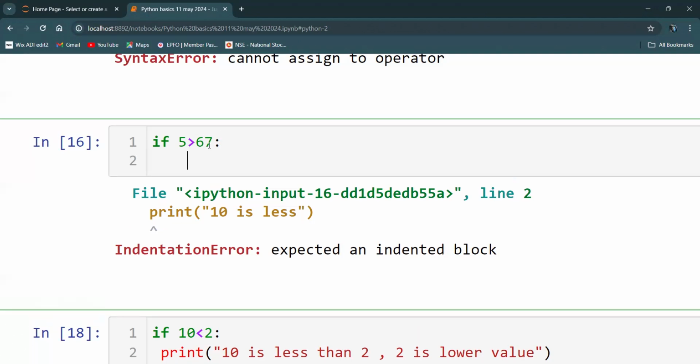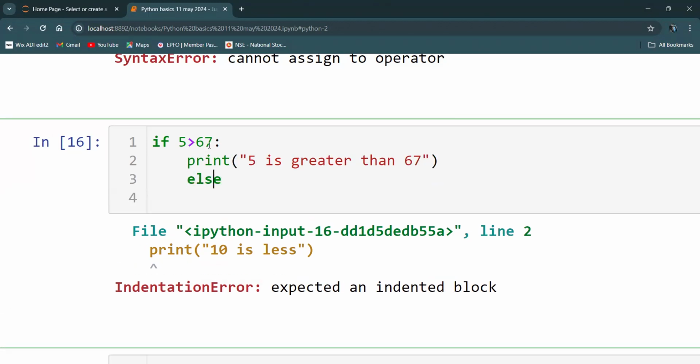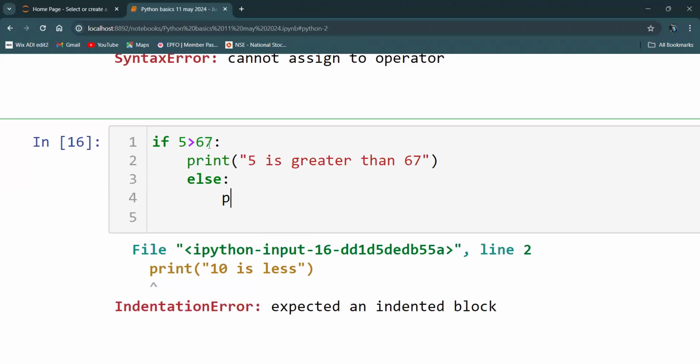Now, if 5 is greater than 6, I'm so sorry. You will be printing 5 is greater than 67. If not, else, print none.